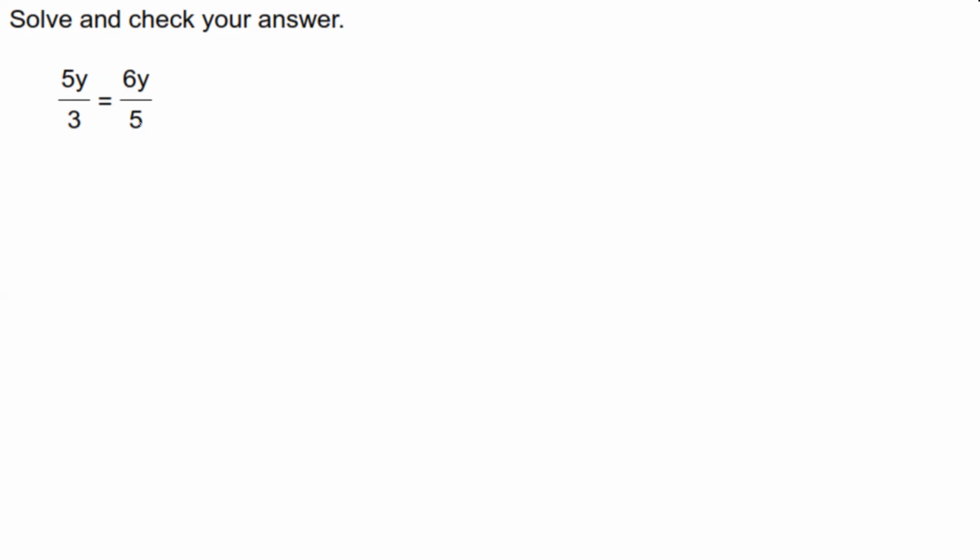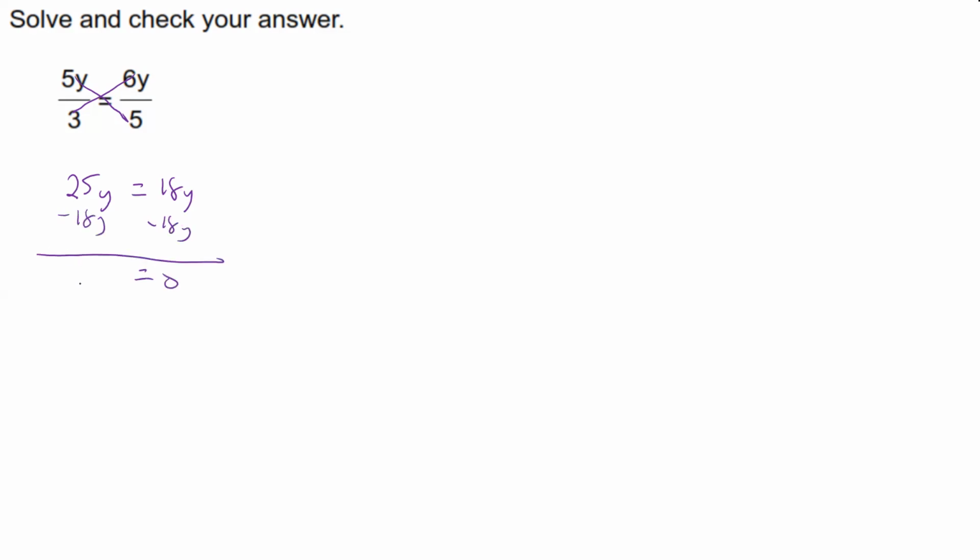And if they have different denominators, the easiest thing to do is cross multiply, set them equal, and then solve for your variable. So what we're going to do is take 5y times 5, which will be 25y. That's equal to 3 times 6y, which is going to be what? 18y. Well, if we subtract 18y,